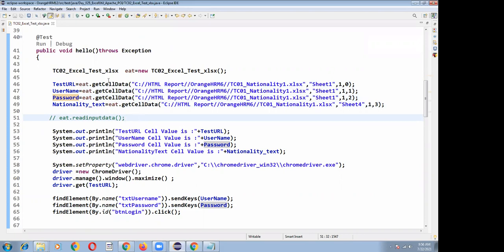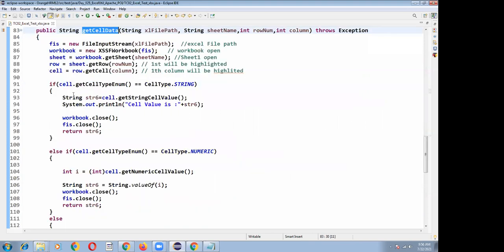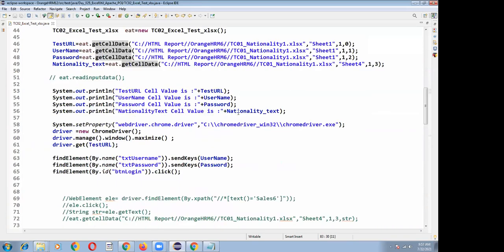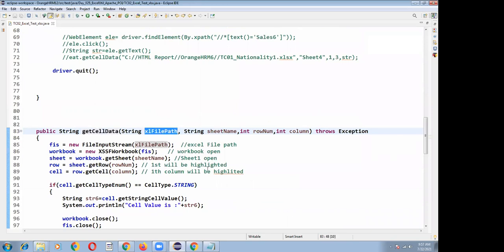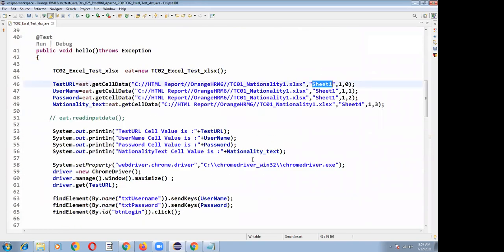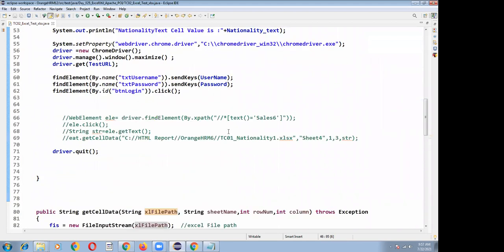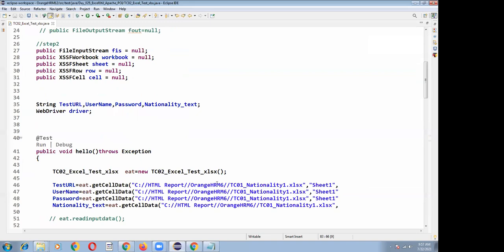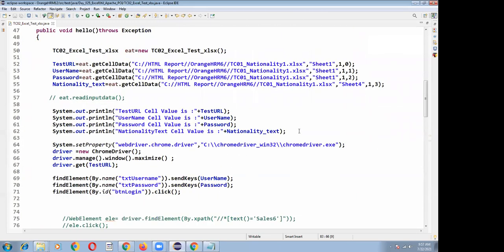This class contains a method getCellData, so we need to understand how this getCellData method has been implemented. Let's understand how this method is working. I'm clicking on the getCellData method with Control, and I navigated to this method. The first parameter is the String Excel file path. The second is a String value within double quotation marks, String sheet name, so the Sheet1 value will be passed automatically. The third ones are integers: integer row number and integer column number.